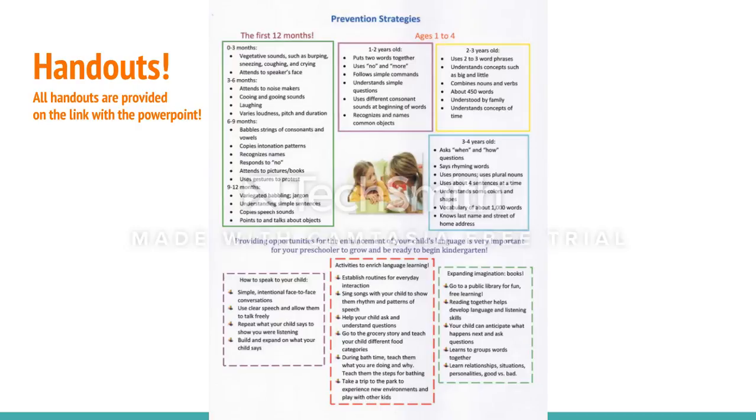And then also look at the years for their ages, where they're at now, at typically 3 or 4 years old for preschoolers. And then also a list of some of those techniques. In case you weren't taking notes or might not remember, you can take this home and try to implement some of these things in your daily activity so that you can provide that rich language environment for your child.